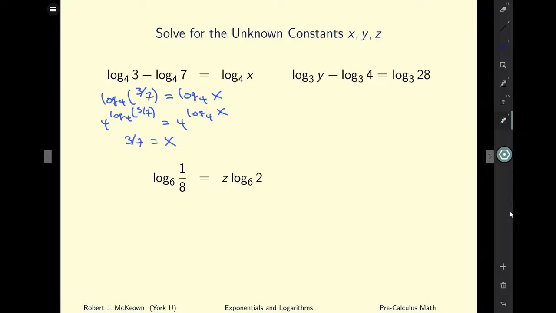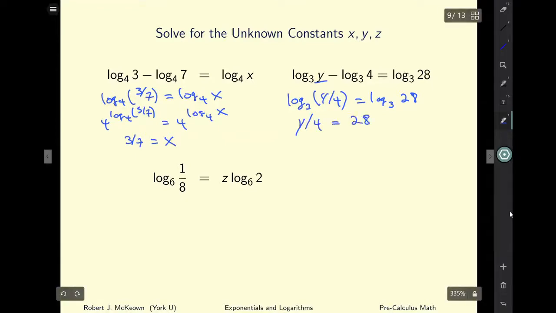Moving on to the next question, we've got y that we're going to try and solve, and everything is to the base log 3. So again, I'm going to use, I guess that looks like rule or property number 2: log base 3 of y divided by 4 is equal to log base 3 of 28. I can do this same thing that I did over here, except this time it's going to be raised to the exponent 3. When I do that, I'm just going to get y over 4 is equal to 28,